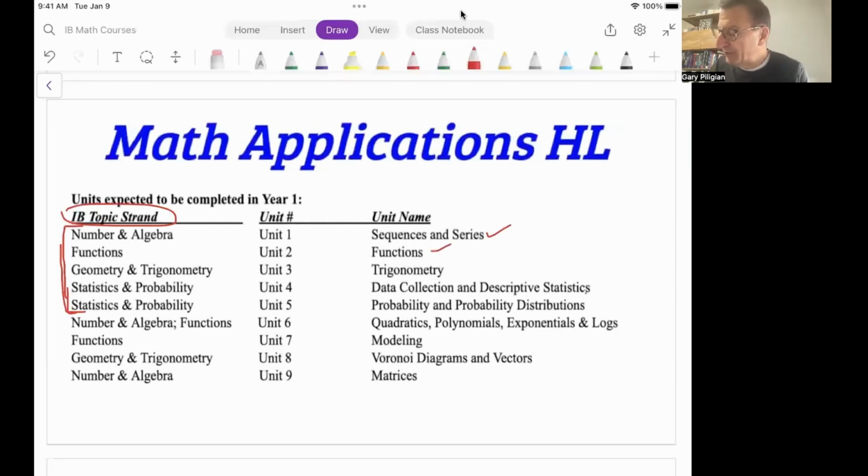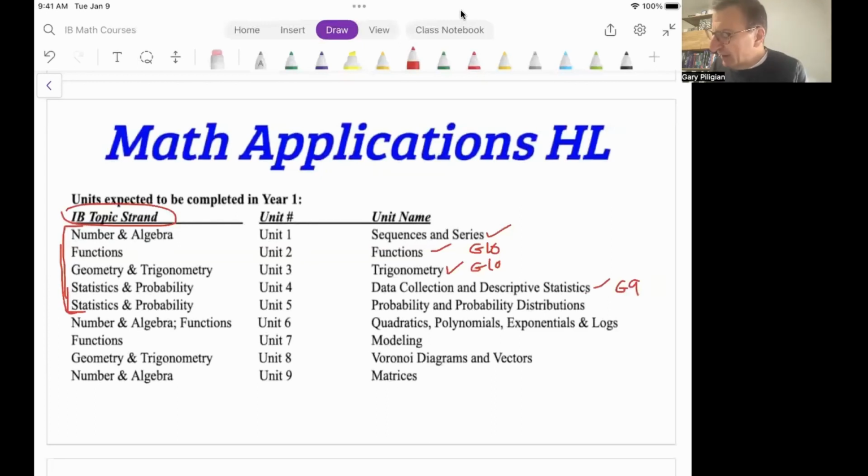The second unit is on functions. That'll feel a little bit like grade 10, right? And then you'll do a unit on geometry and trigonometry. That will feel like a unit of grade 10. And then we'll do a unit on statistics and probability. That will feel like grade 9, if you recall your grade 9 course. And then